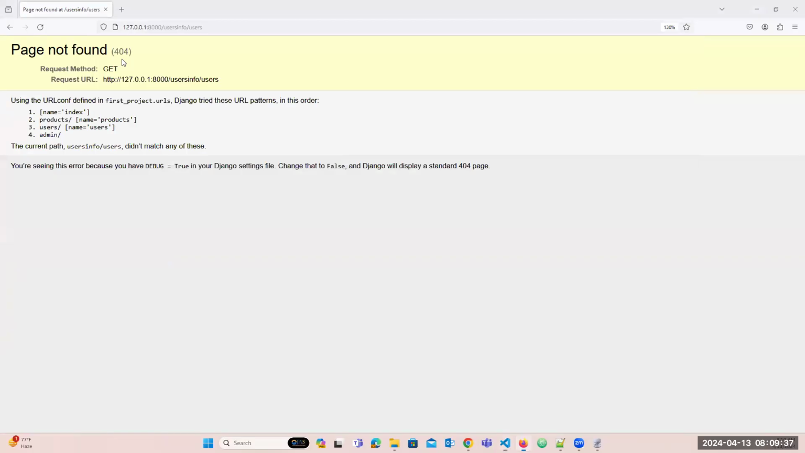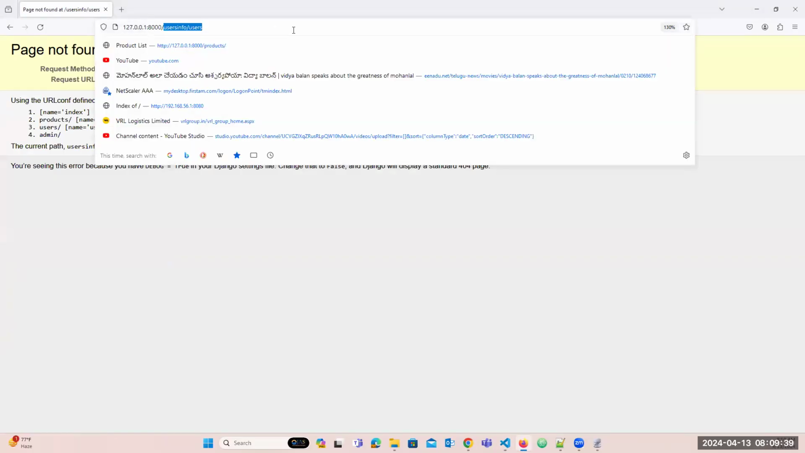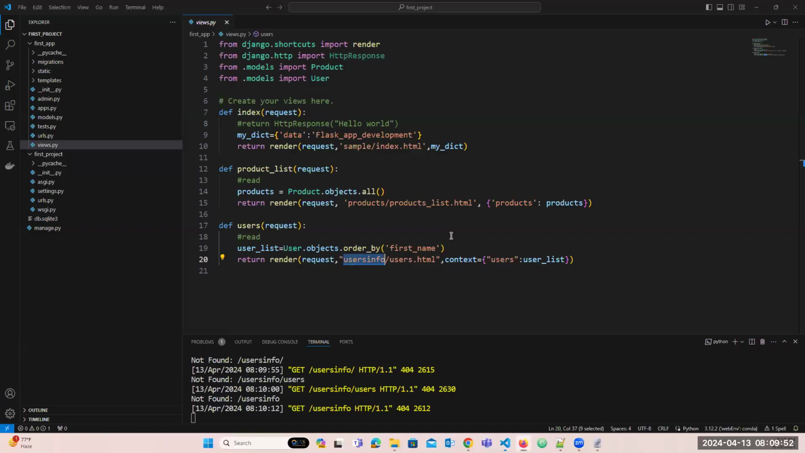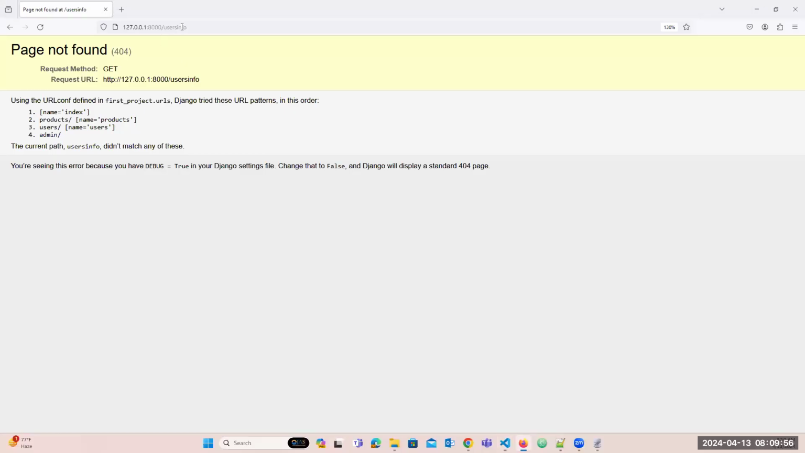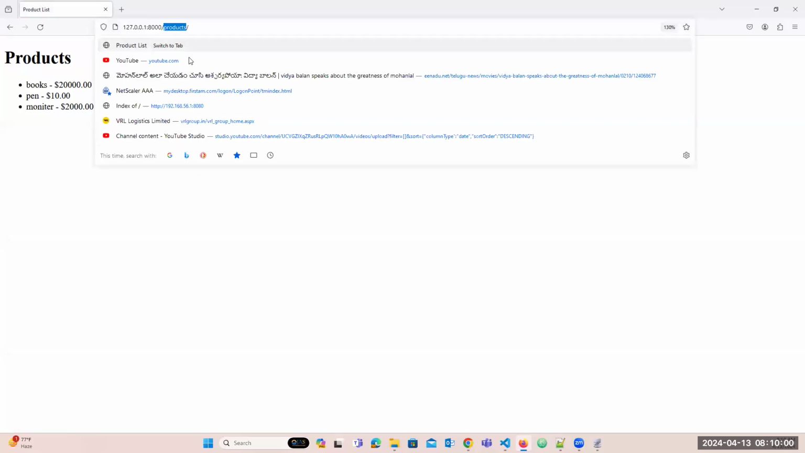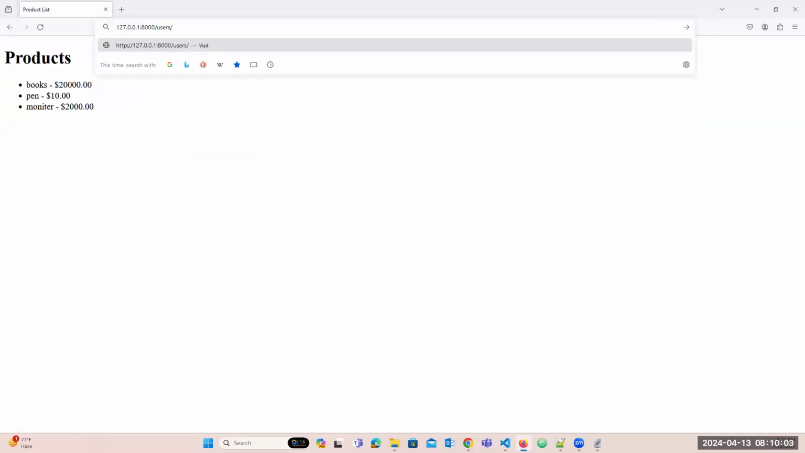Users, correct, right, users. Under the users. So it's saying product index, products, users, name users. So user info is correct. We will type the product. Product information is giving, but why is it not giving the users? Users